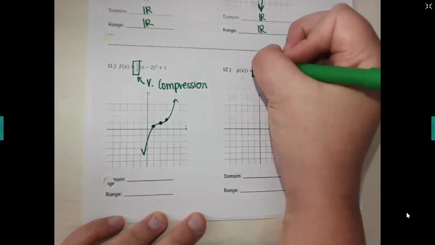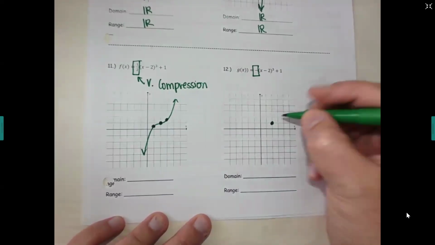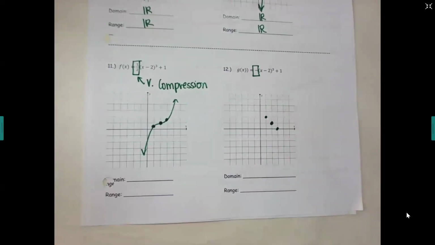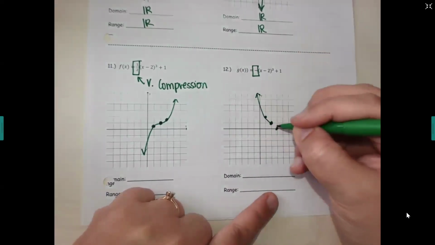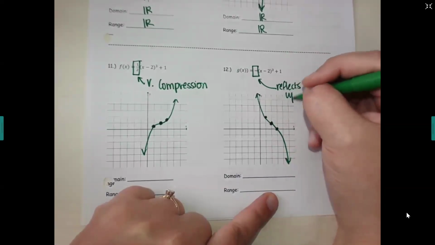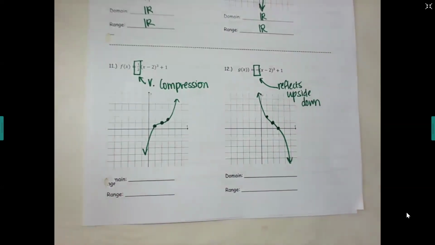Just the negative, and remember the negative is going to flip it. So instead of your squiggle being uphill, you're going to do uphill to the left, downhill to the right. And it'll essentially just flip-flop. Instead of your arms being like this, they'll flip-flop and be like this, where this is the one that's up. Okay? So if it's a squiggle, it fits in the cubic family. And then we said that's all real numbers for both domain and range.